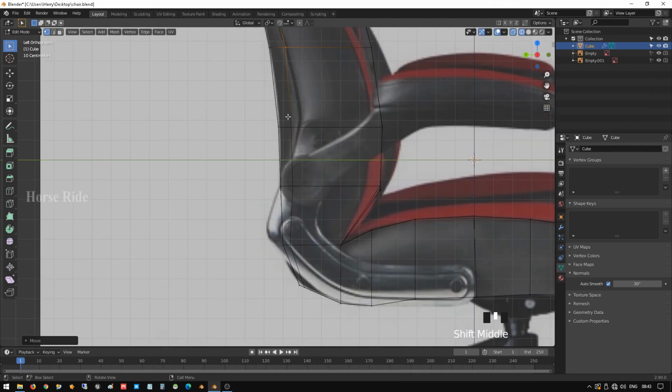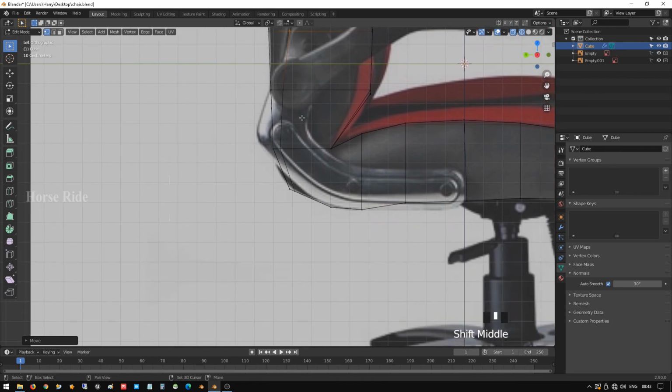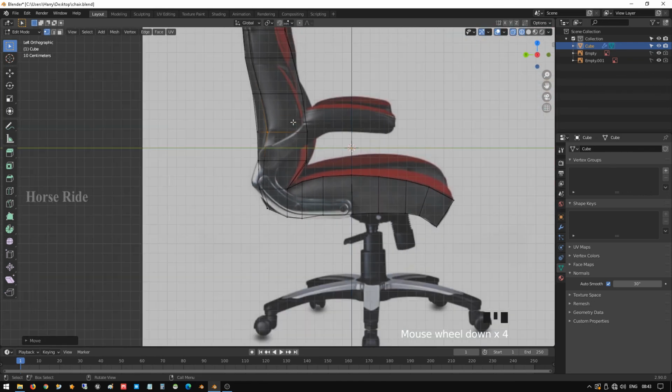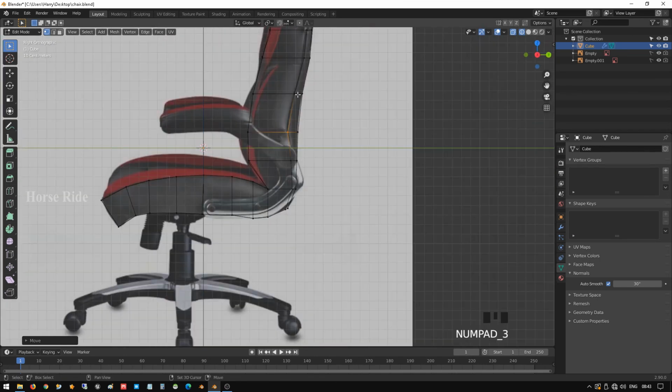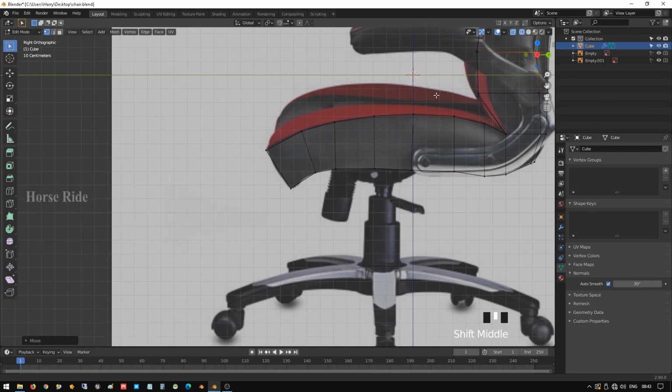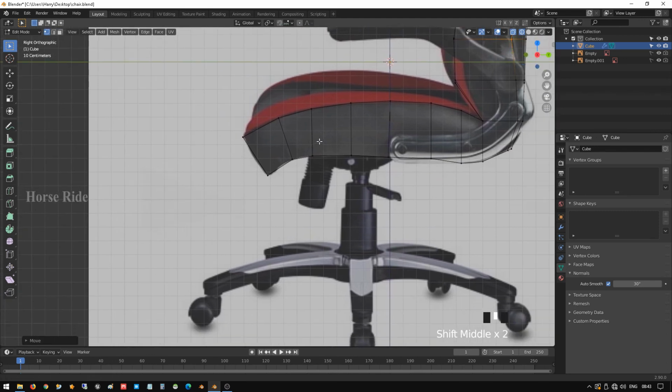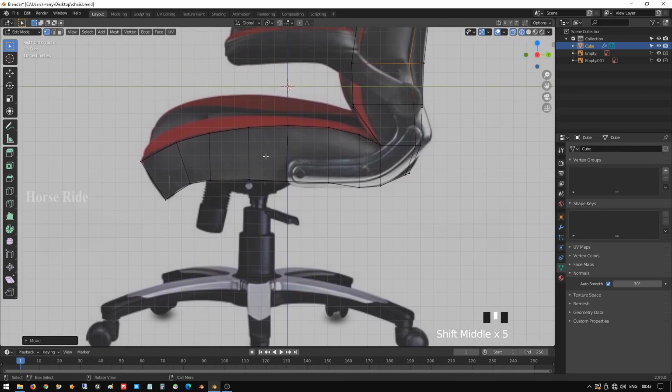So it's a reference image, G Y. Okay, fine. So here and all bottom is not required because it's hidden there. Okay, so we have created one loop cut here, and here and all we are going to do some loop cuts. So let me see in the next video.